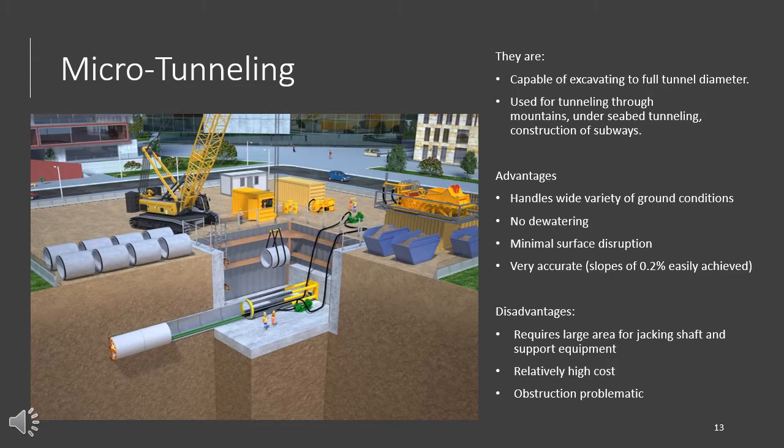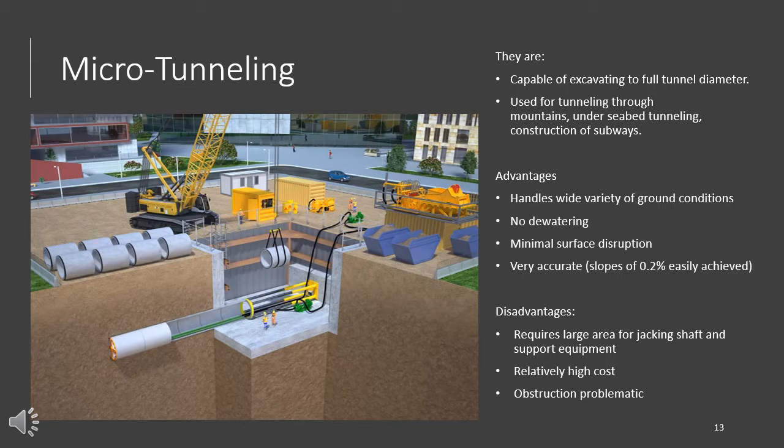The next technology is microtunneling, and this type of technology is capable of excavating to a full tunnel diameter. Some of the uses for this technology will be tunneling through mountains, undersea tunneling, construction of subways. Some of the advantages of this technology is that it handles a wide variety of ground conditions. There is no use for dewatering, minimal surface disruption,